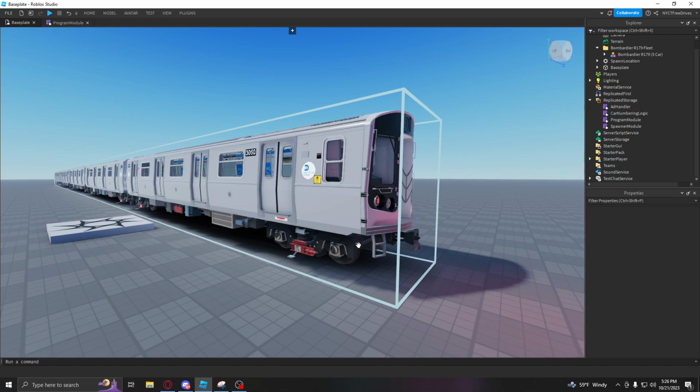As you may know, the R179 goes off of the real life fleet for the MTA New York City subway. So with that in mind, this train does come equipped with some options that will spawn in based on the numbers that are selected. You may be wondering, how exactly does that work? And can you modify that for yourself, say you want to do an ad wrap for a certain car number? Now, I'm not going to tell you how to do an ad wrap, but just so that you see where everything is located,